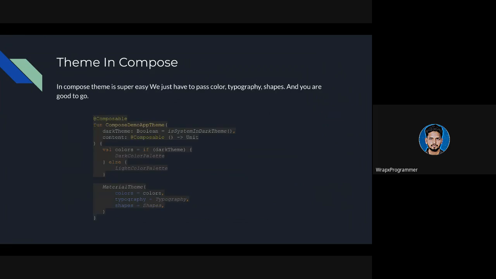Then next is basically our themes. Theme in Jetpack Compose is super easy. You just have to pass a color, typography, and shapes, and you are good to go. For making your custom themes, it will handle